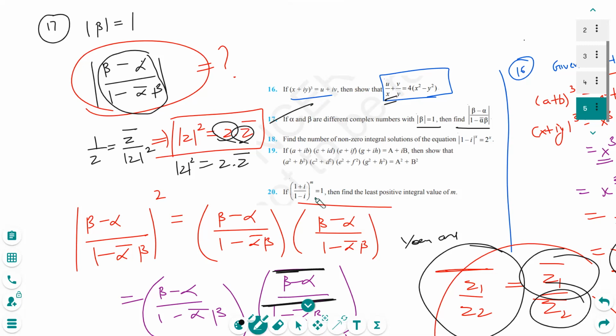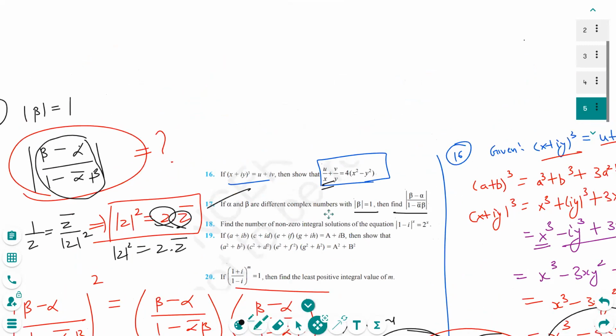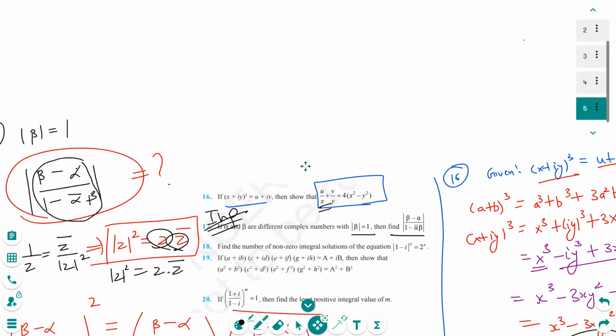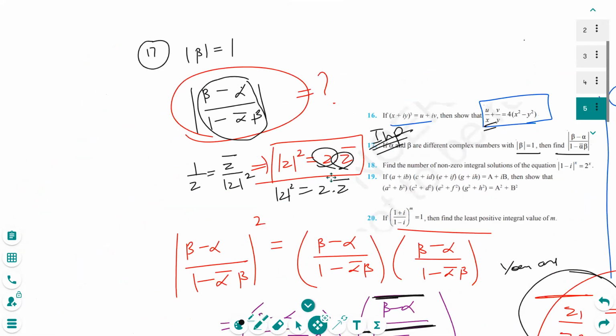Clear now? Yes भैया. There is another way of doing it, but now we have discussed one way. Let's not discuss the other one. How about we move to question number 18 now? 17 is quite important. Mark kar lena apne side, because Monday you will have a test for complex number, and I will give this question. So question number 18. Find the number of non-integral solutions for this equation.